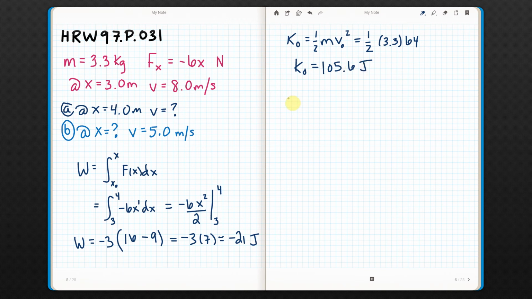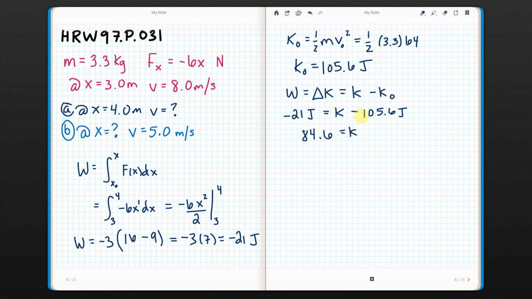Now I know that work also equals the change in kinetic energy, so that's final kinetic energy minus initial kinetic energy. Now the work was negative 21 joules equals final kinetic energy, which I don't know, minus initial kinetic energy, which was 105.6 joules. So if I add 105.6 to both sides, I end up with K equals